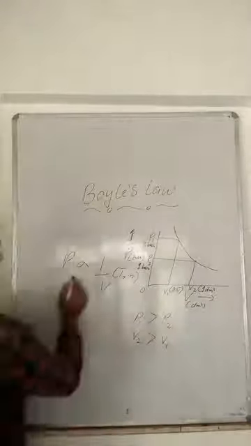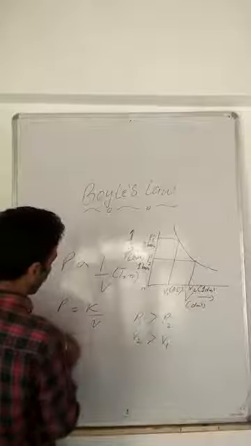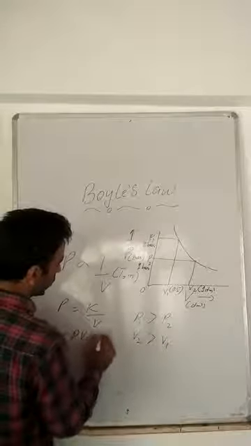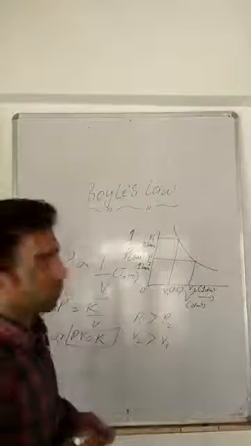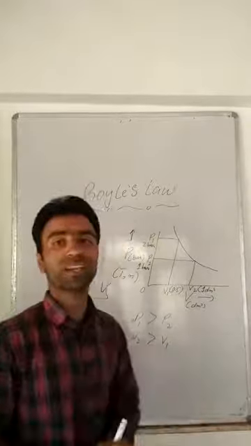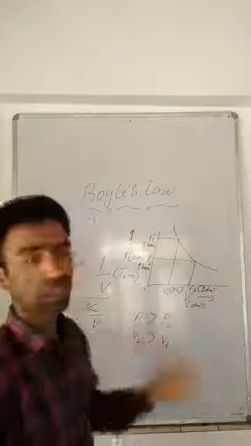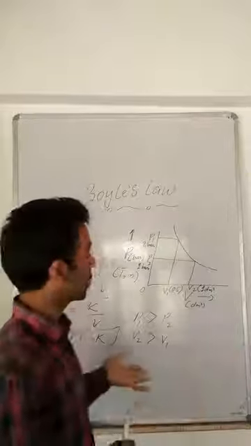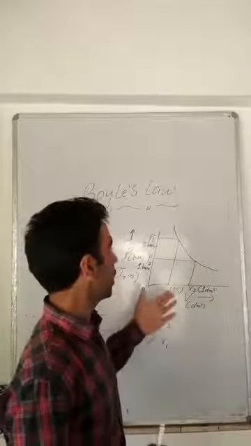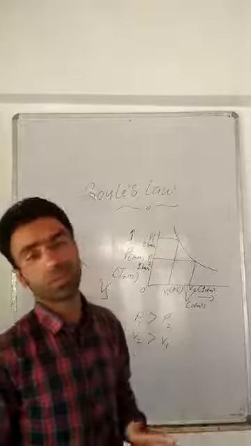Then I removed the proportionality and introduced the constant: P is equal to K by V, or PV is equivalent to K. So these are the different equations which we arrived at yesterday for Boyle's law. Today we will explain the graphical representation of Boyle's law. We will represent Boyle's law in terms of P versus V at different temperatures. We will also have a look at the various types of graphs of P versus 1 by V, and we will study those graphs also at different temperatures. So let's move on. This was yesterday's lecture.